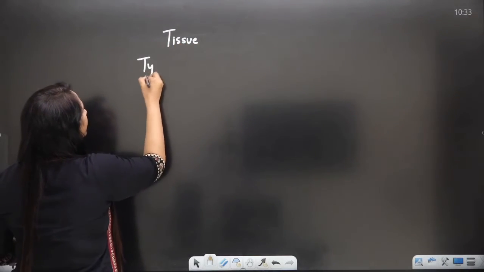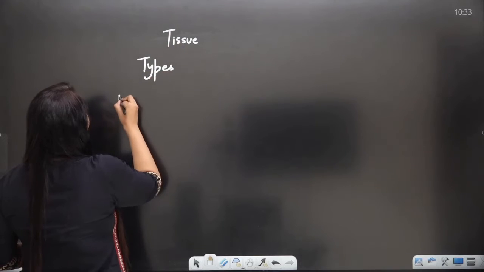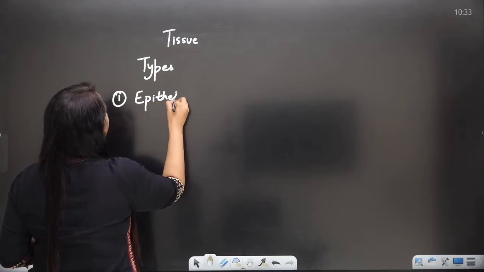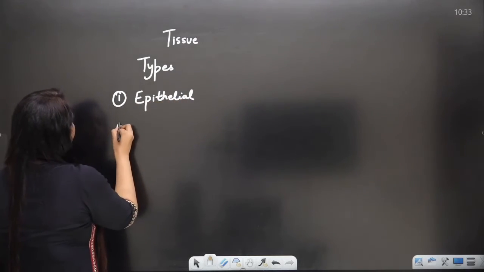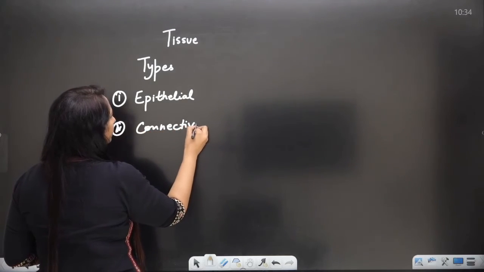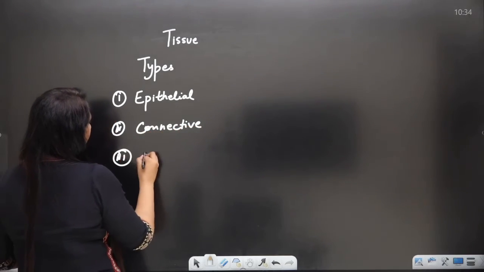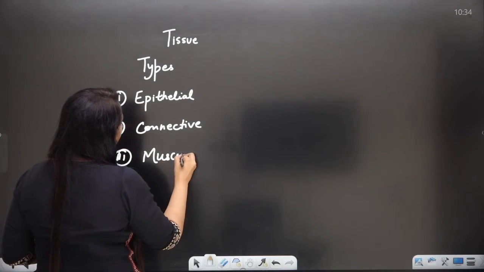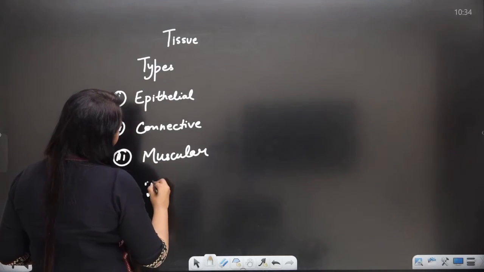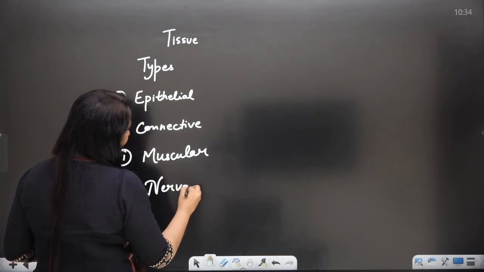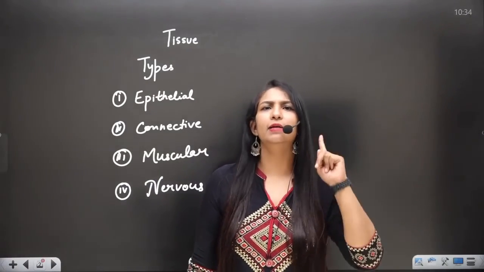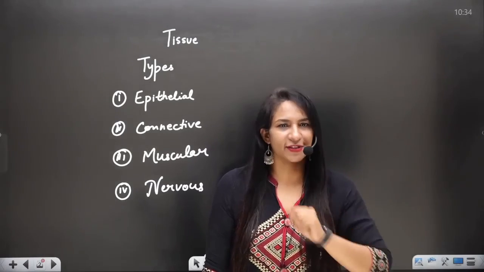Types of tissue. अभी पढ़ा हमने. पहला कौन सा टिश्यू बताया था? एपिथेलियल टिश्यू. दूसरा कौन सा बताया बेटा? कनेक्टिव टिश्यू. तीसरा कौन सा बताया? मस्कुलर टिश्यू. और चौथा कौन सा बताया बेटा? नर्वस टिश्यू. So basically we have 4 tissues: epithelium, connective, muscular and nervous. आज की क्लास में